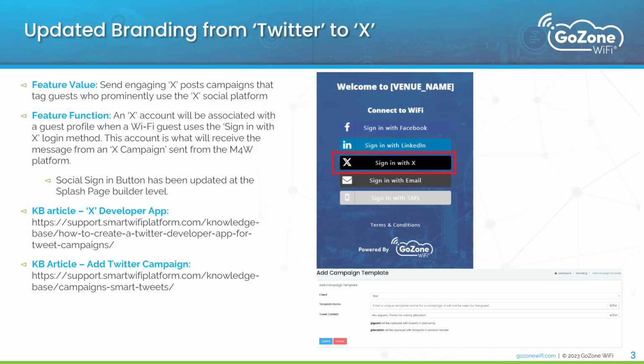if that option is running on the captive portal page, the messaging that is set up for that X trigger campaign will tag that specific Wi-Fi guest via the X account that they sign into. We usually recommend it being some sort of welcoming message saying, hey, thanks, at X user, for visiting our venue. Then, depending on the character limit, if the venue can talk about any special offerings or promotions, that messaging can be relayed in that X